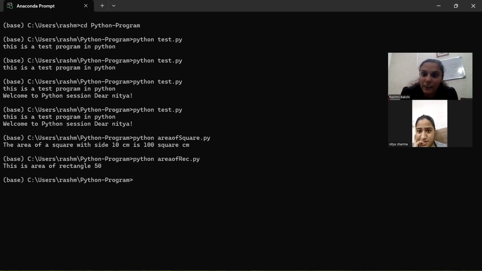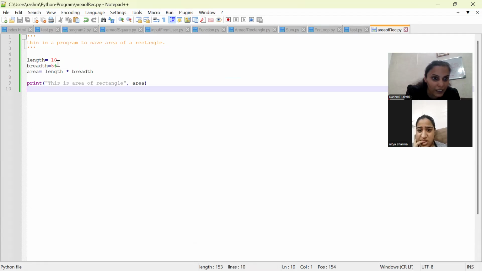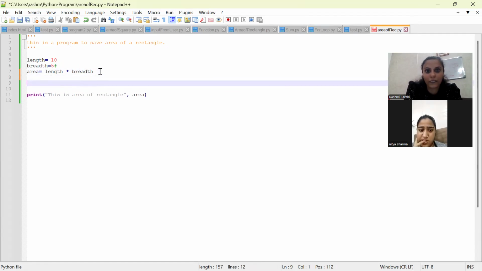So is it clear? Now let us say I don't want to hard code the values. Okay. So if you see here, what am I doing? I'm giving 10 and 5 values here. मुझको ऐसे नहीं देना, मुझे स्क्रीन से यूजर दे अपने आप कोई भी वैल्यू. So if I want user to give any value, then what we should do is